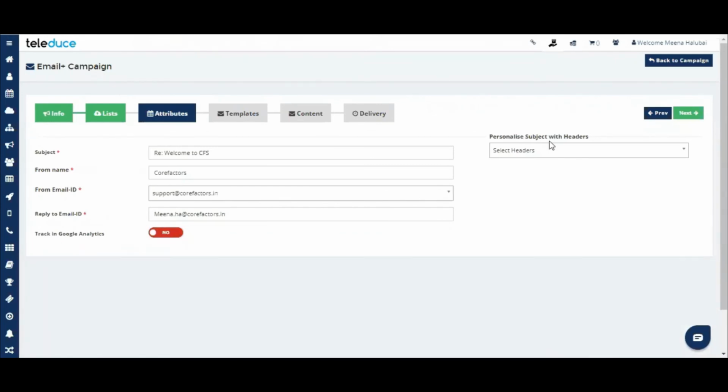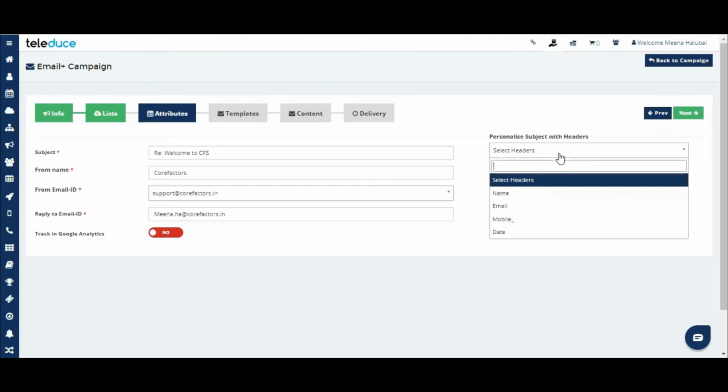Now, apart from that, we can see here on our right-hand side that we have personalized subject with headers. In our personal mail, I think we have seen a lot of mails with our name, like my name, and you have won something like this. It's a spam mail basically, but we have always seen that we get emails with our name most of the times.